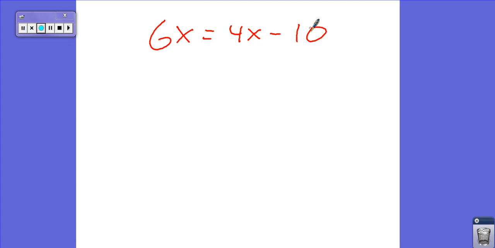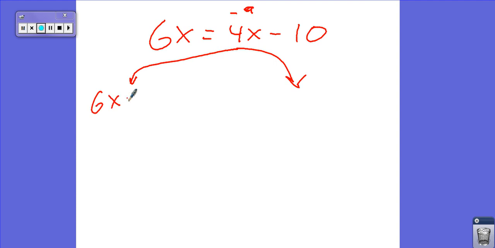We could do this two different ways. I'll write this problem out two different ways. It doesn't matter which way you pick. One of them is easier than the other, but it's kind of up to you. I prefer the method I'm going to show you first. I prefer to make sure that my variables stay positive and not go negative. You don't have to do that, but since this is plus 4x on this side, I'm going to subtract 4x,